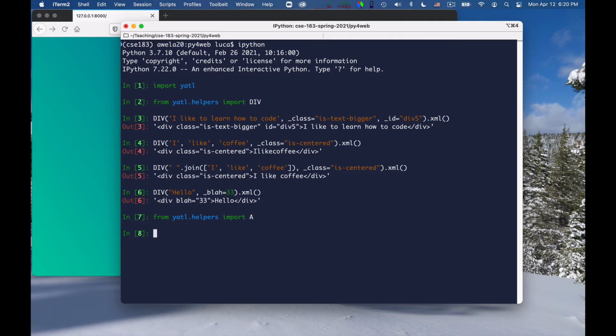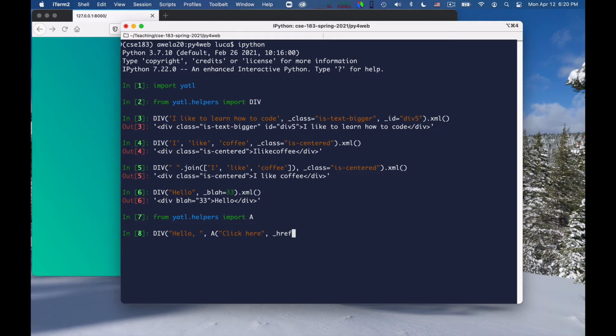Now I can write div hello, and then I want to put a click here, okay? And so after this piece, I can put an anchor tag with a text that says click here, okay?